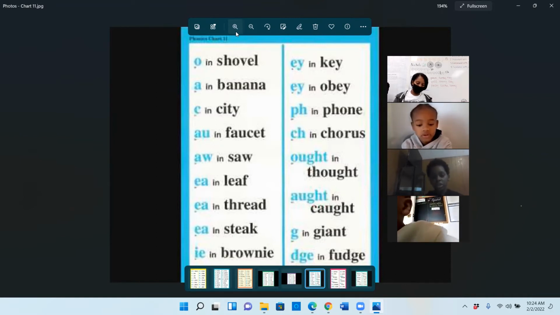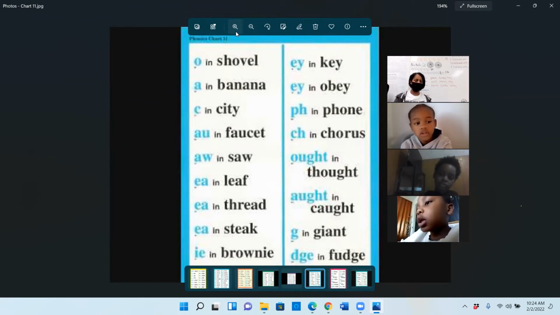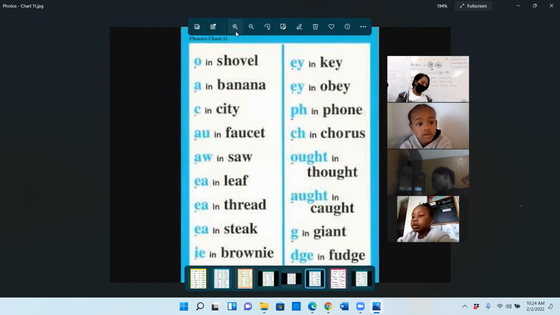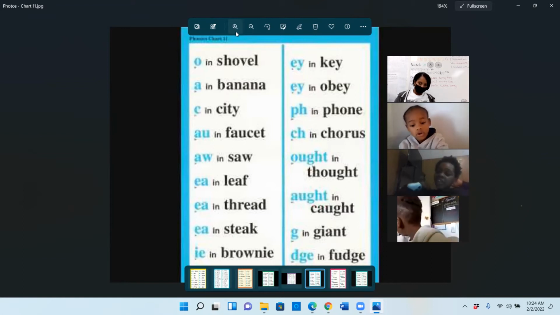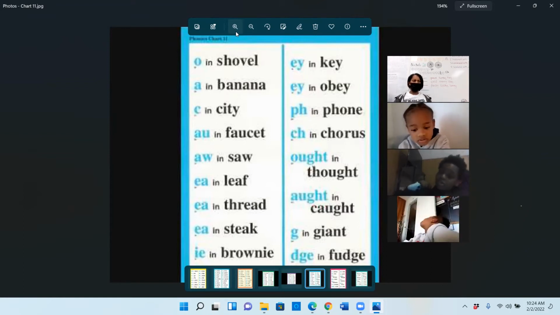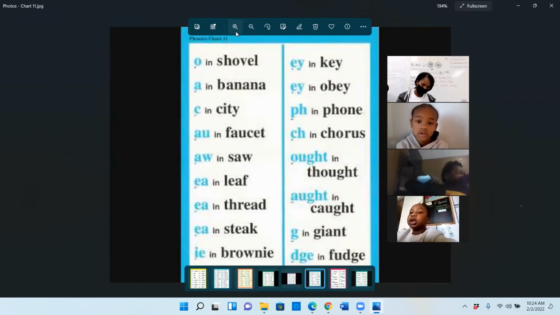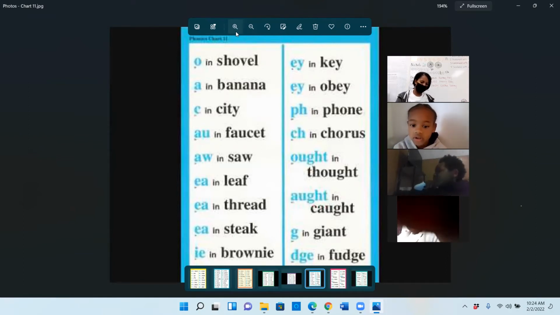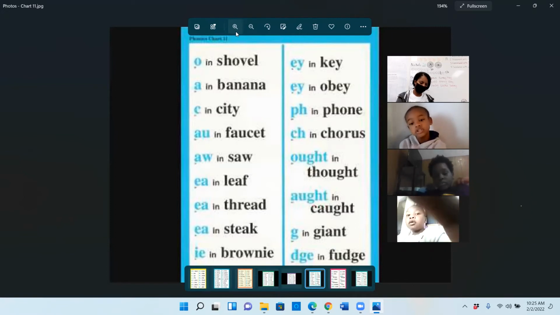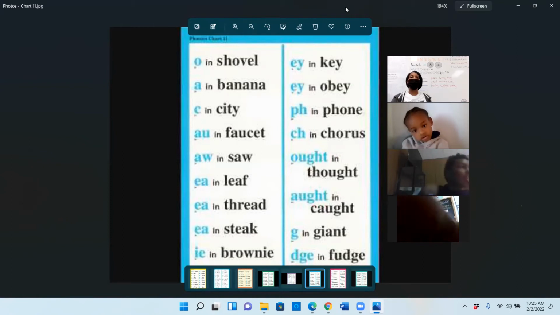OUGHT says ought, and thoughts. AUGHT says ought, and cause. G says j, and giant. DGE says j, and fudge. Good. All right, so we are